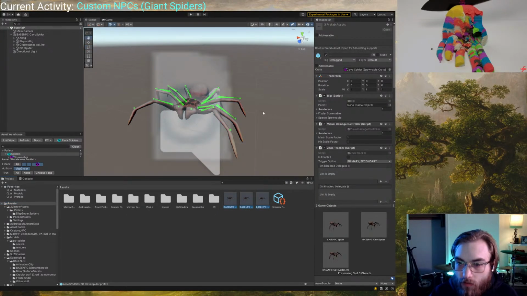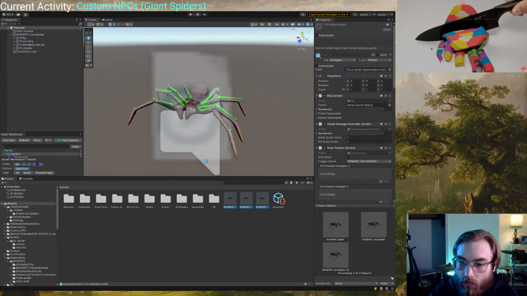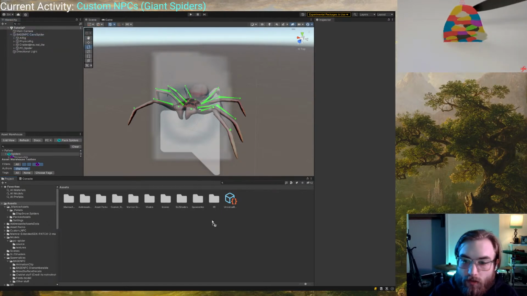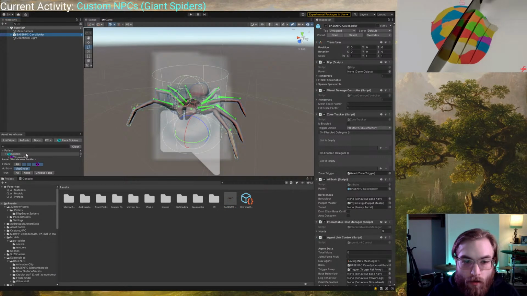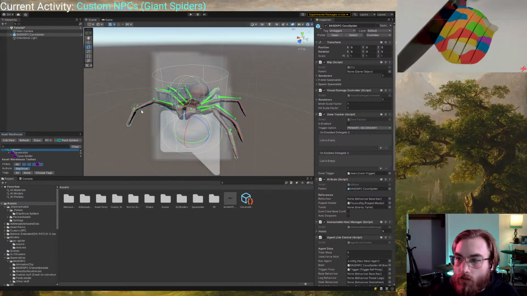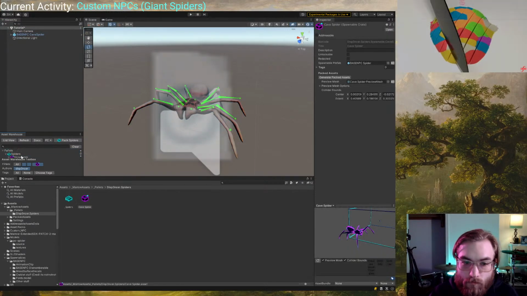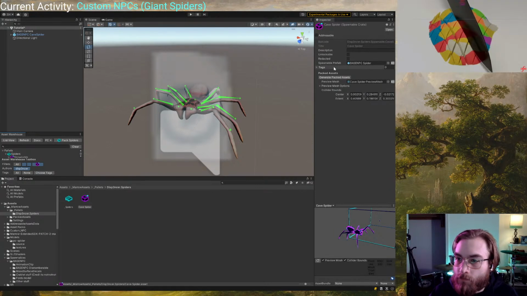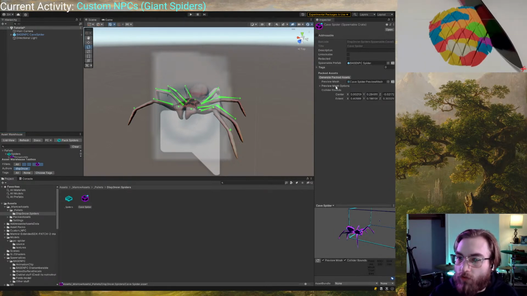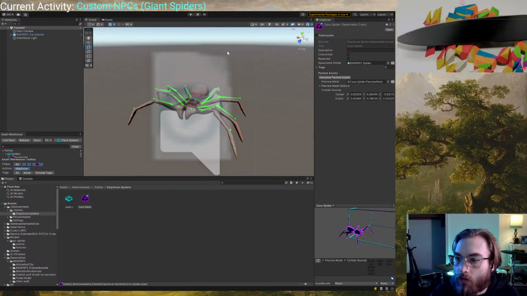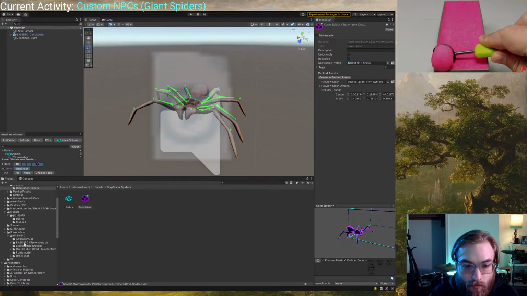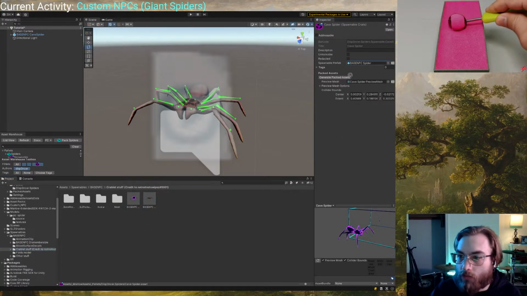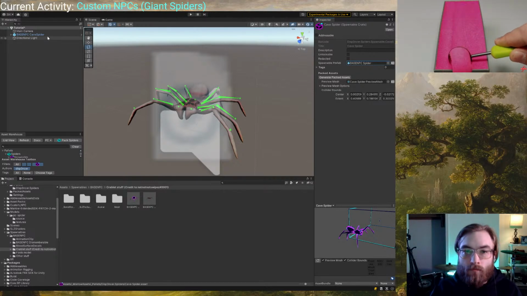I'm just gonna delete all these other prefabs because they're old and they don't work. But this, drag onto here. Go to my palette. Set the spawnable prefab to be here. Spider. Wait,